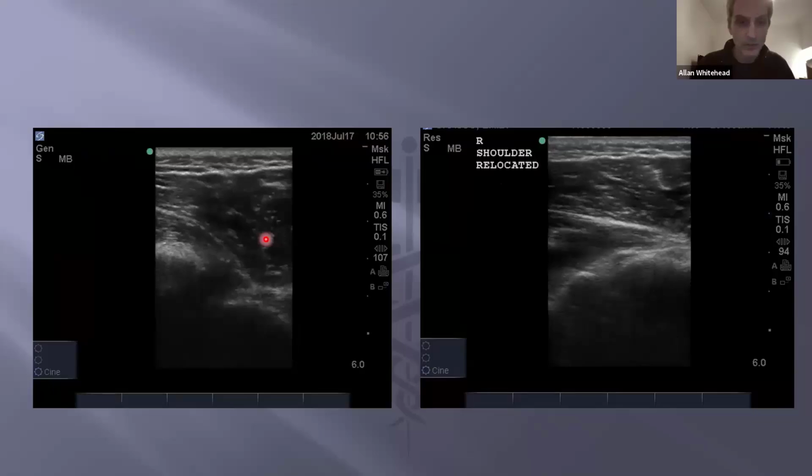So this was a right shoulder, coming again from the posterior approach, always posterior approach. If I'm coming from posteriorly looking at the right shoulder, the glenoid is going to be to the left of the ultrasound screen, and the head will be to the right of that. Again, we can see that drop down between the lip of the glenoid and the top of the curved humeral head, and it's easily a centimeter, probably 1.5 centimeters. So definitely in the abnormal range, and consistent with an anterior dislocation because it's further away from the probe,